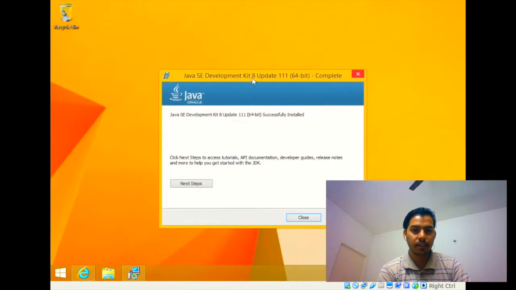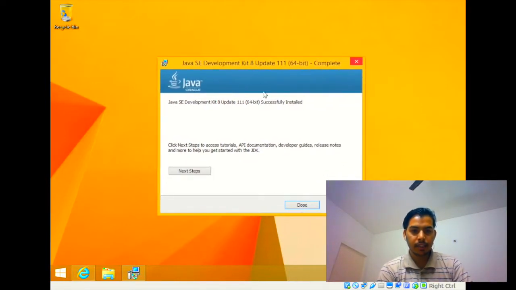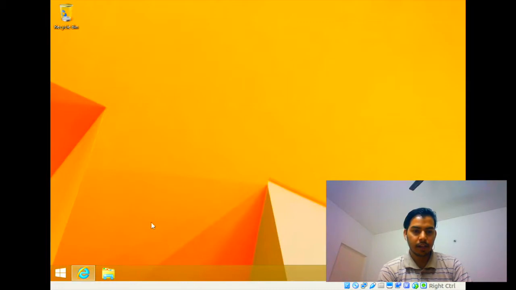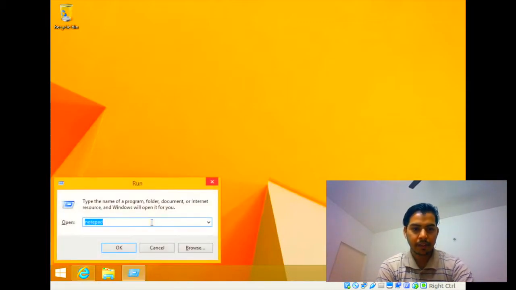And we are back. So as you can see that Java has been installed successfully on this machine, and we can just close this installer and press Windows R and write CMD.